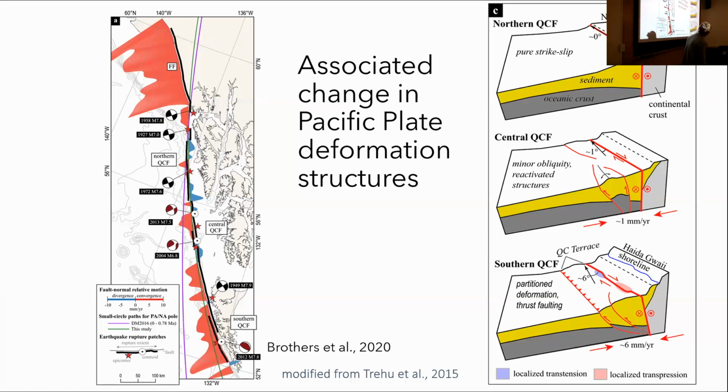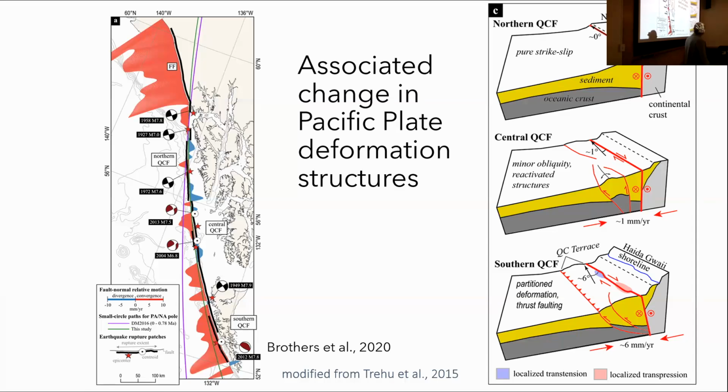to say, well, this is cool. We haven't really been able to see this. We haven't been able to use geophysical imaging, at least seismic data, to look for these kinds of structures and ask the question, is this what's going on? Can we confirm this, based on cross sections through the lithosphere on the Pacific and North America side? And what can we learn also about how this type of transition might be influencing some of that